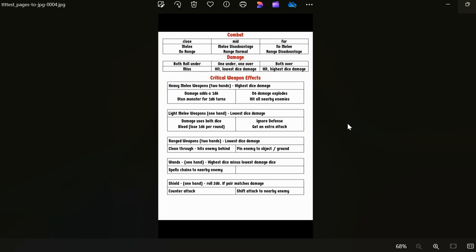If you have a heavy melee weapon, melee, it's late. I always record these too late. Then you get extra damage. Maybe you hit all enemies nearby. I feel like